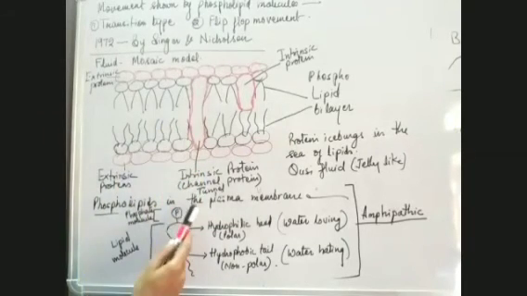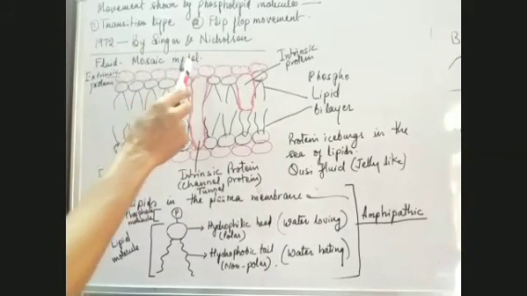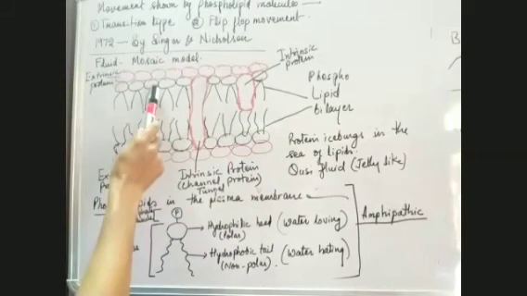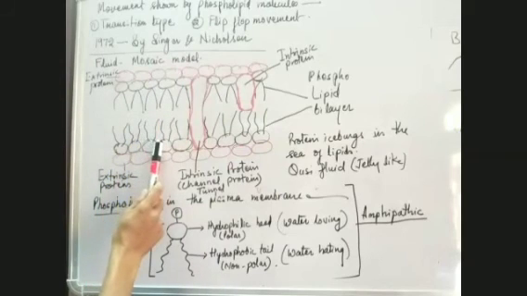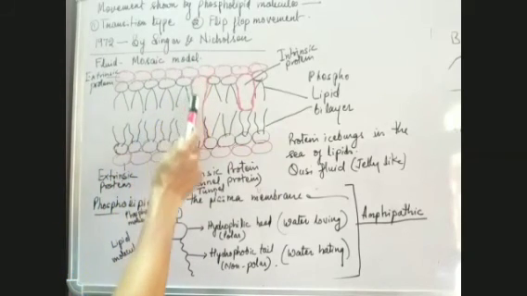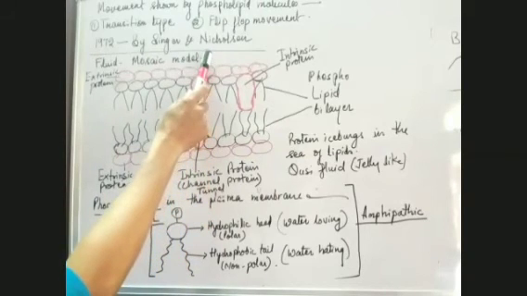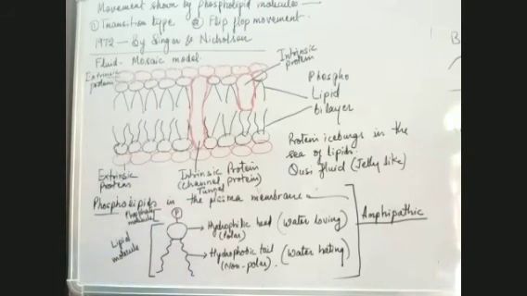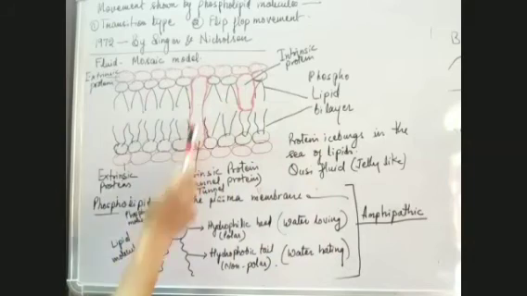Why are these known as channel proteins or tunnel proteins? These are known as channel or tunnel proteins because they allow the passage of certain substances through them. Certain substances which are hydrophilic in nature and not allowed by the hydrophobic bilayer are allowed to pass through this channel. It forms a channel or a tunnel to let the substances go into the cell.